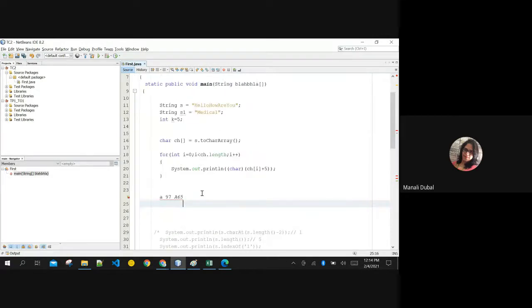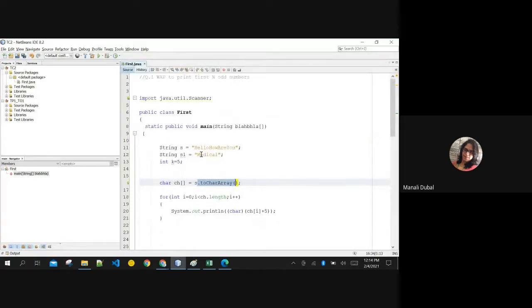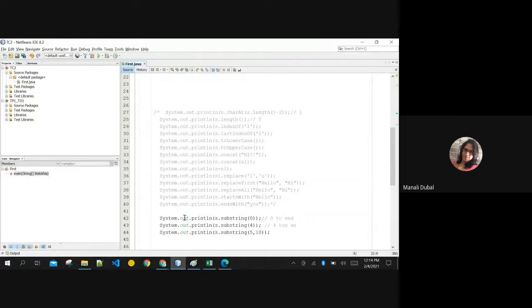Okay. But what I'm telling is when you're converting string to character array, you have great power with you. You can do anything that you want with this character array. And all the questions will be based on these arrays only, because with string you can do less. With character you have the power to do anything that you want. Okay. Any questions so far in these methods?